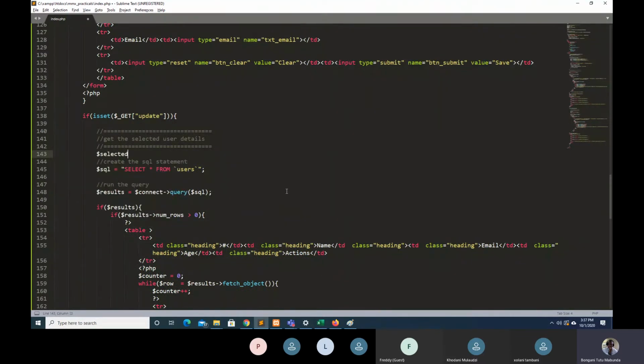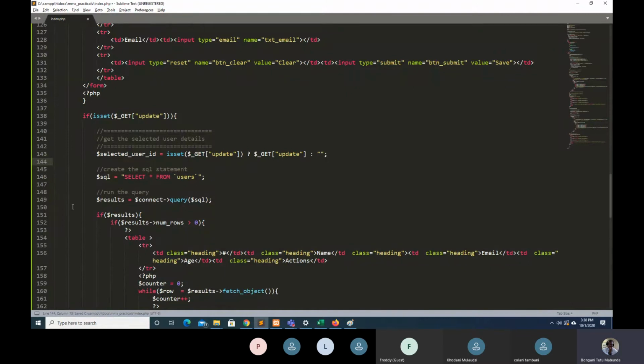Selected user ID is equals to this one that you get over here. But for the sake of safety, always use the conditional assignment. Now we know the selected user, so we can say select all from users where